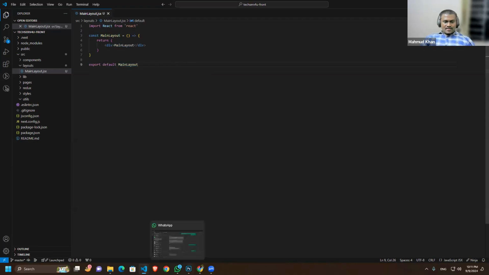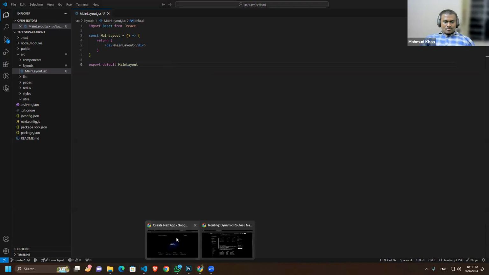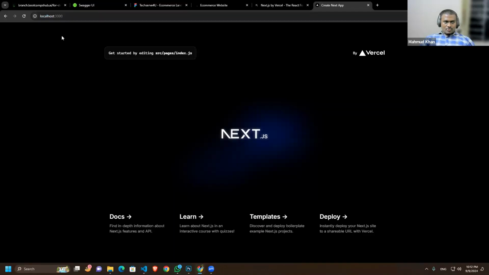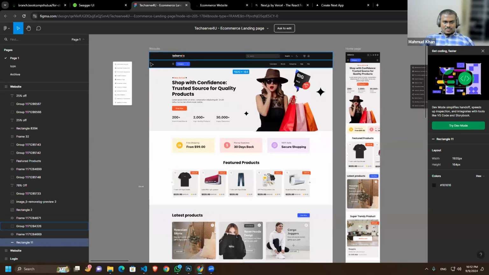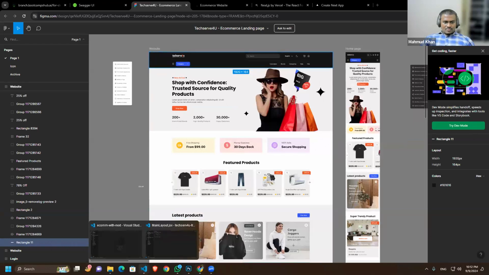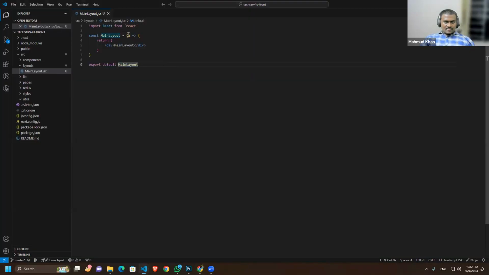So how do we render everything in a common page or common component so that every page will have access to these two sections, right? So we can say we want to get the children that we are going to render inside main layout, right? So how do we get the children in React? We use the children prop, right? We use the children prop, and if we just simply render the children prop here,